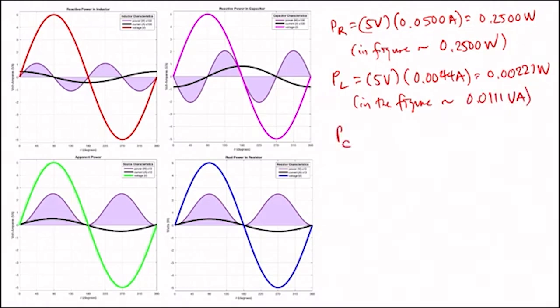Okay, and for the capacitor, we have 5 volts times 0.0083 amperes, which gives us 0.0415 watts or volt amperes. In the figure,